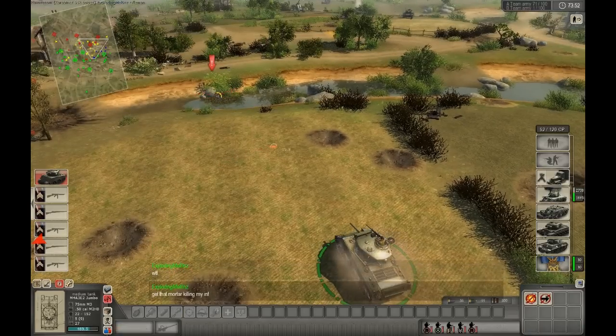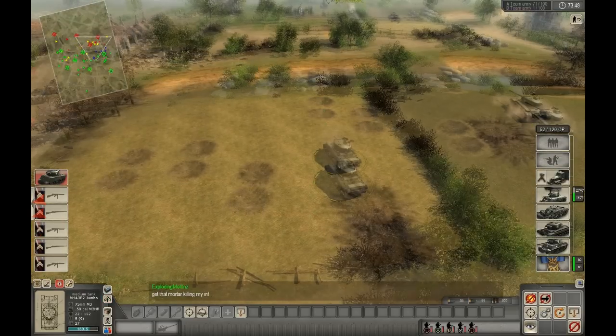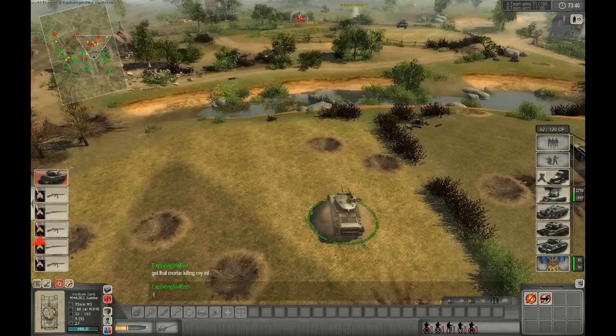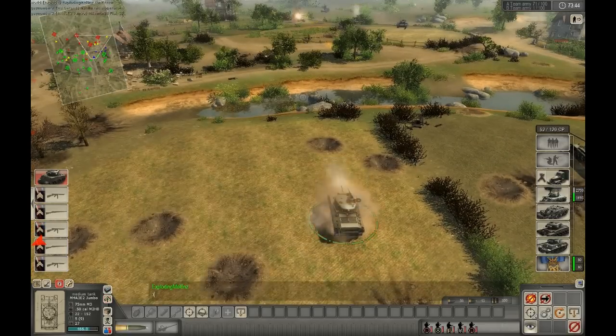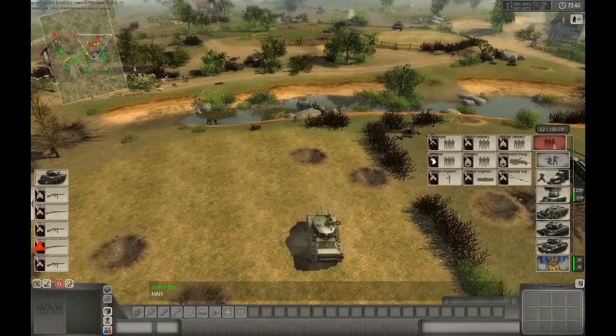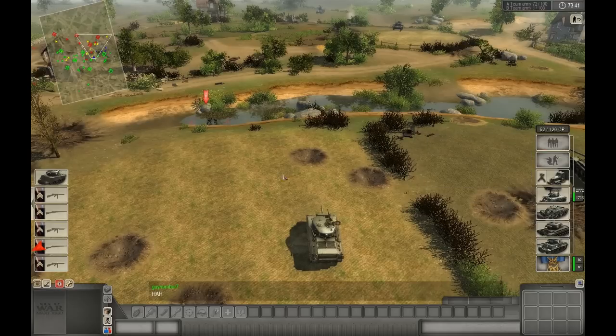Well, in normal Men of War, that Stug would have been easily one or two hit by the Pershing. The Stug is taking multiple hits without dying. It's only getting damaged and gun damage messages. And right there I get a nice lucky follow-up hit with high explosive, and that finally finishes off the Flak